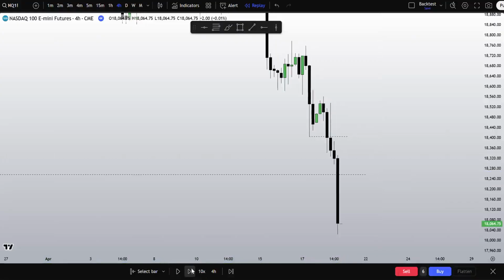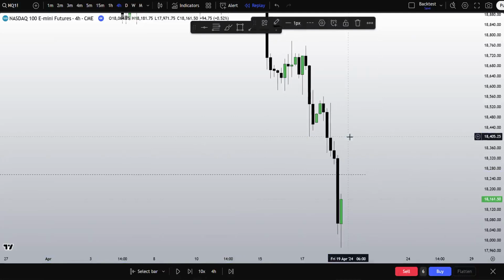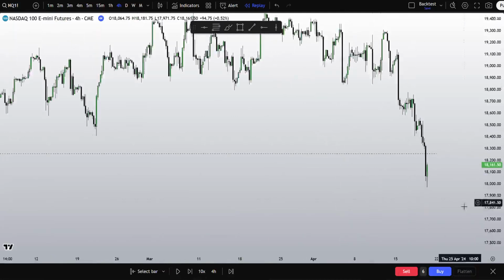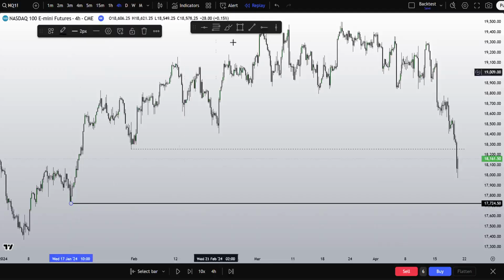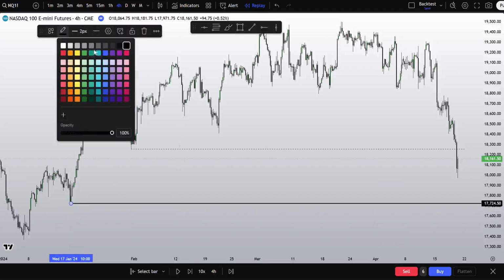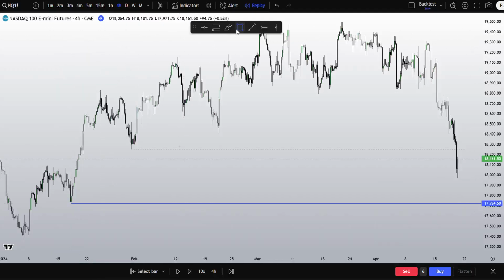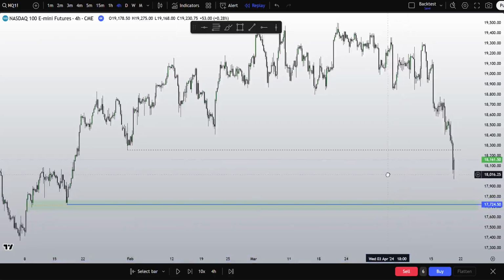So we continue lower and take that low very convincingly. That's the obvious draw, making it very simple here. Very easy to assimilate. Again, what I'm going to do is I'm going to mark it now like this. We'll make it much easier. Here, we'll put it as blue. That low has my interest with this bullish PD array.